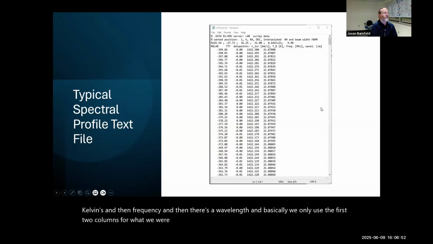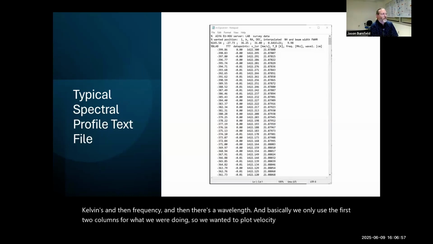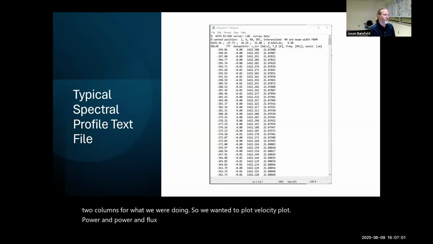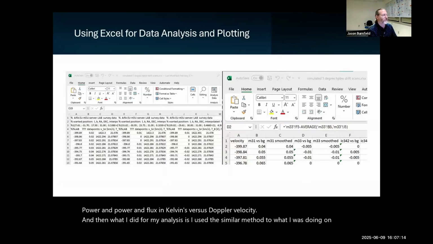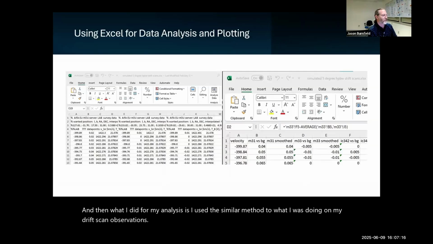So we wanted to plot power and flux in kelvins versus Doppler velocity. And then what I did for my analysis is I used a similar method to what I was doing on my drift scan observations. I used Excel to do my analysis, and it's kind of low tech, but